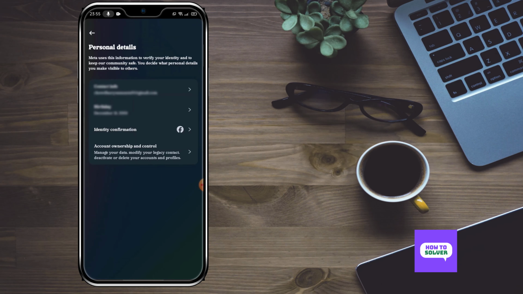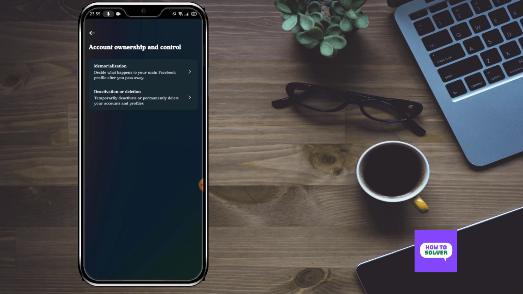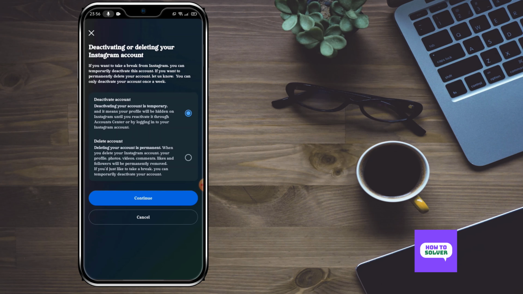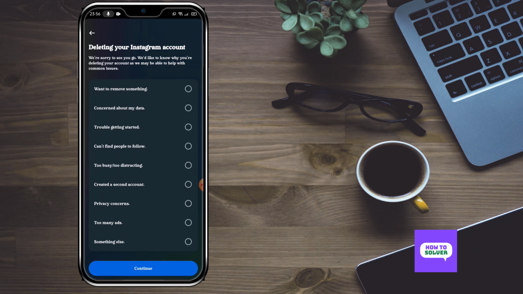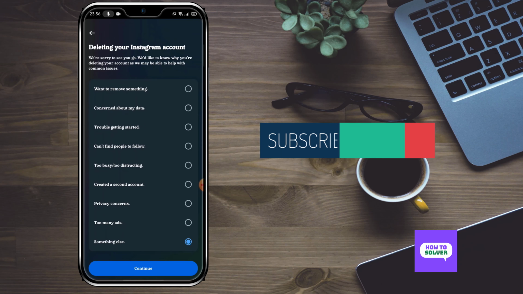Tap on account ownership and control. Tap on deactivation or deletion. Now select delete account and then tap on continue. Now select a reason and then tap on continue,